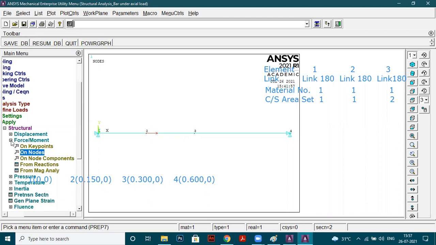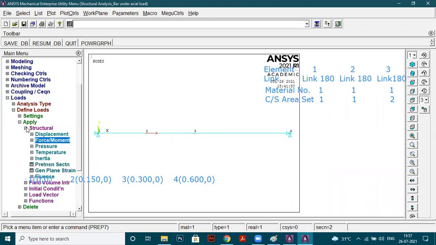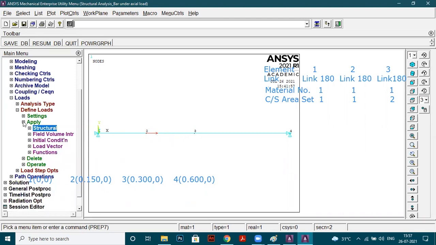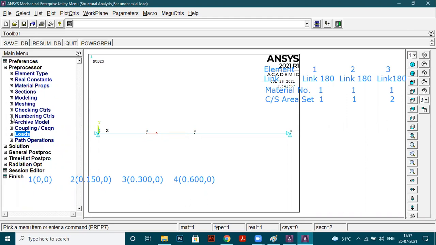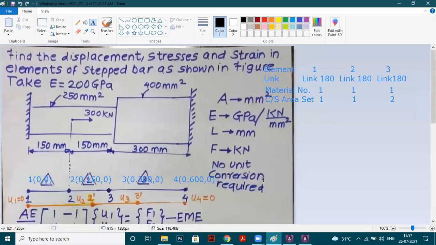Now I'll minimize the force because this has been done. I will apply minimize structural, minimize apply, and finish with minimizing the loads. Now if you come back to the problem, is there anything you have not yet entered? We entered E in material, 250 and 400 in these sections, and the real constants for the link.